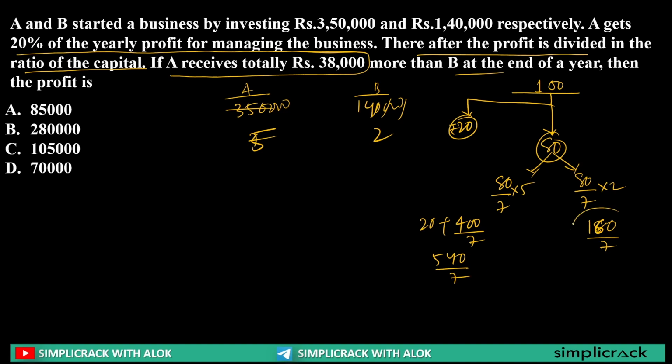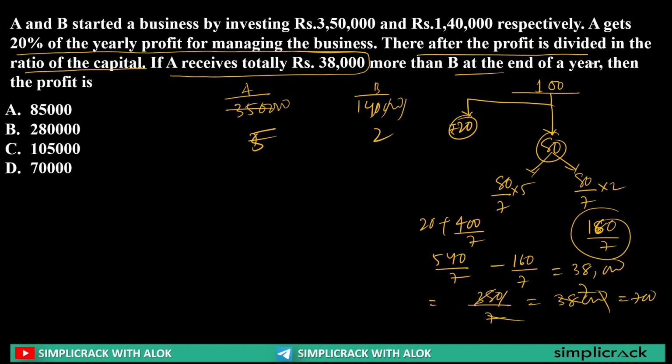A is totally getting 540 by 7, B is getting 160 by 7. So 540 by 7 minus 160 by 7 is equal to 38,000. If I take out the answer, it will be 380 by 7 is equal to 38,000. So 1 unit is equal to 700, but the profit is 100 units. So we'll simply multiply 100 over here and the answer will be